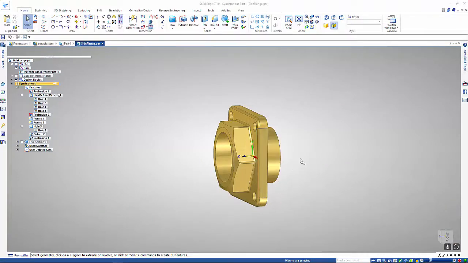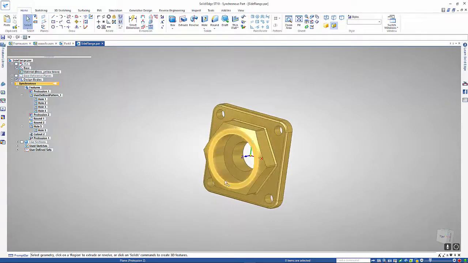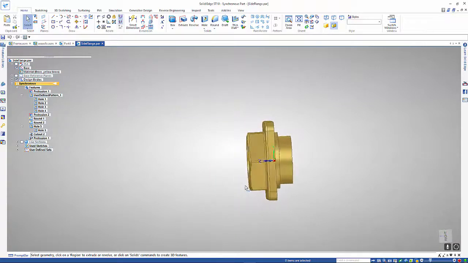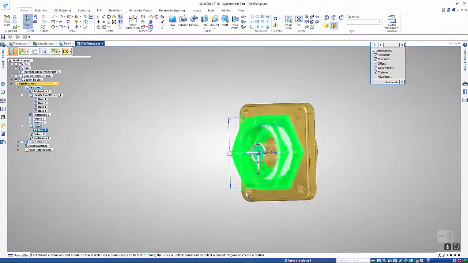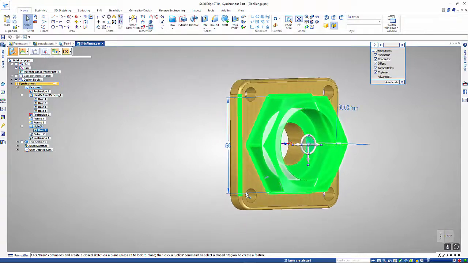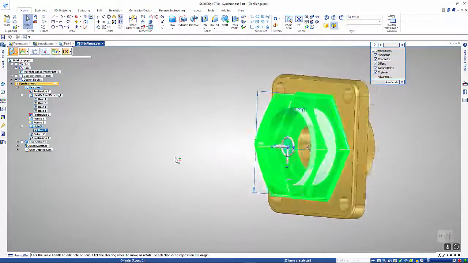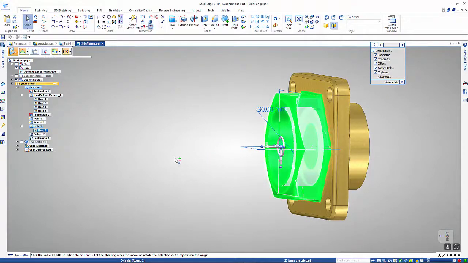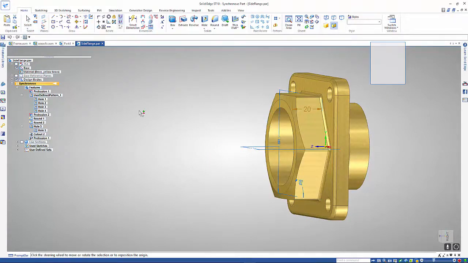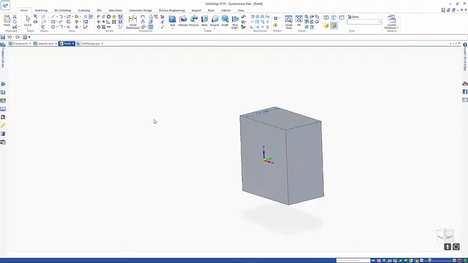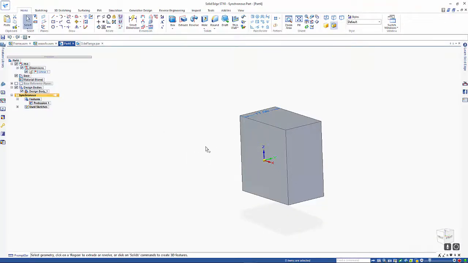So another example is to copy a set of features. In this case, we want to take this whole front region here. So if I just rotate it around, we can do a fence selection to get what we require. Notice we've managed to pick up an extra edge there, so we can hold the control key down to deselect that. Then by going Control C, we can copy those features and go into a new part where we want to put them,